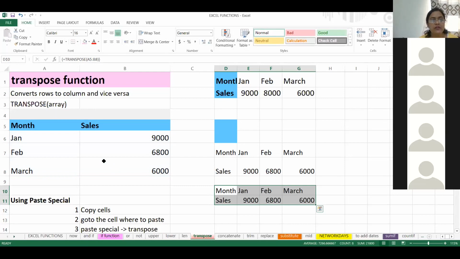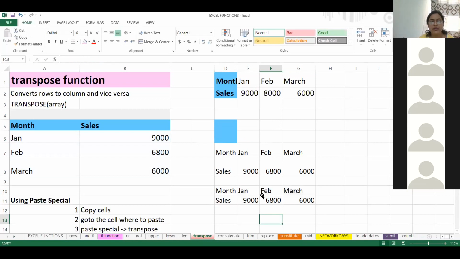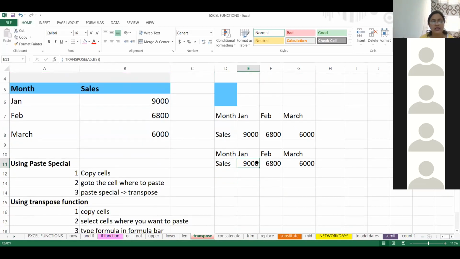You can see that in the formula bar it is showing me curly braces at the beginning and end. So the difference between this and the paste special method is that the changes are reflected in the transpose function. So this function is over.